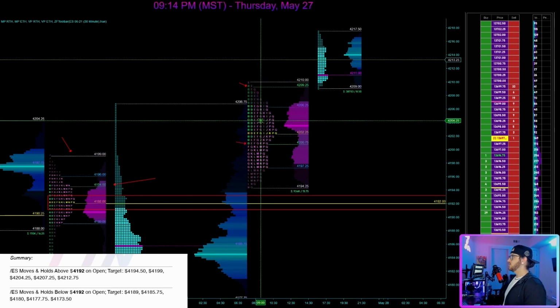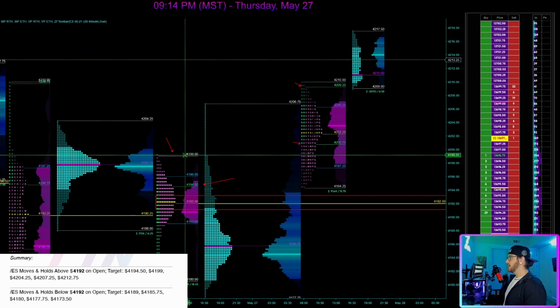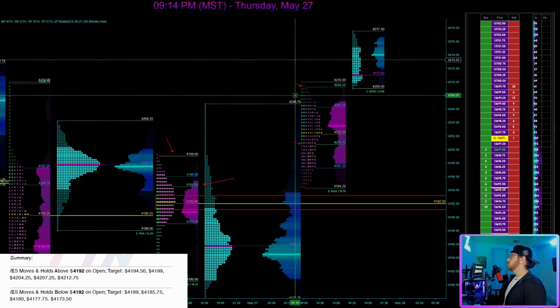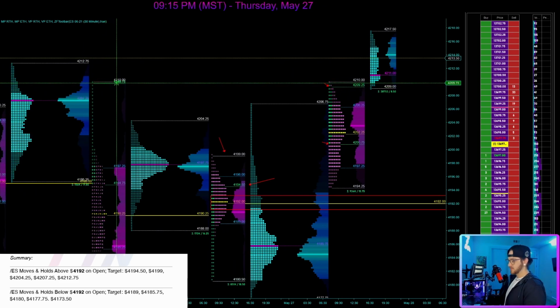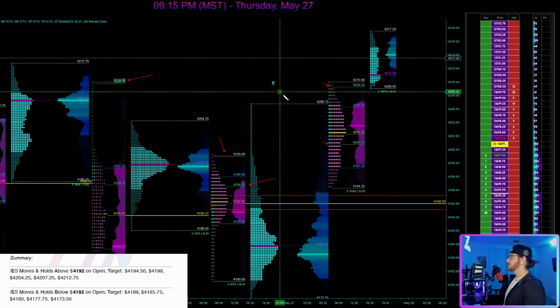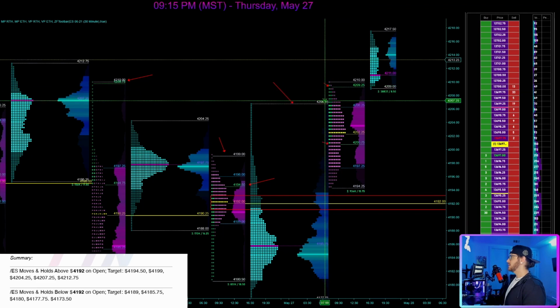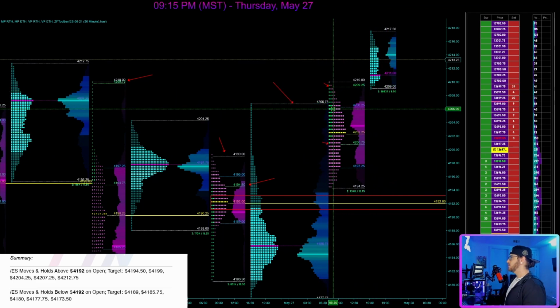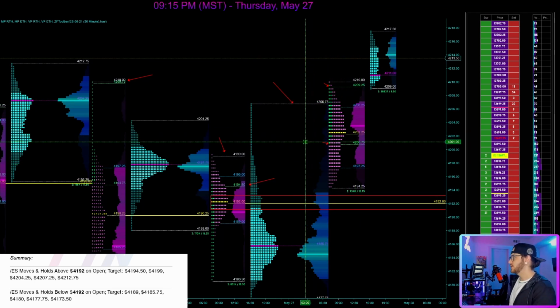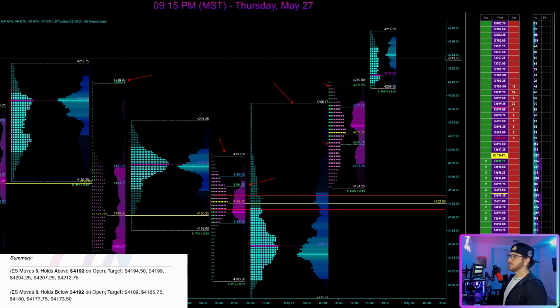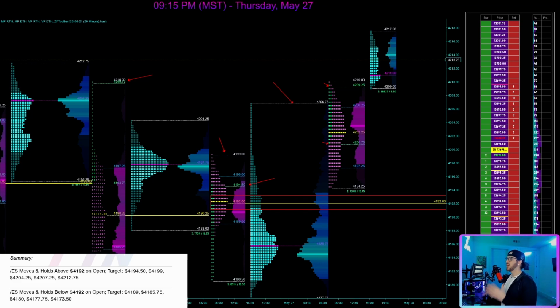So when you open above the highs of the previous session, you possibly reject from the overnight high or previous highs. You can see that this was acting as resistance today, as well as this. So you can see that we didn't get much acceptance above here, and most of our business was done within this area between 41.97 and 42.06. So on the flip side, you can use these targets, whether they're upside or downside levels to begin with. You can use these levels as targets regardless of the direction.